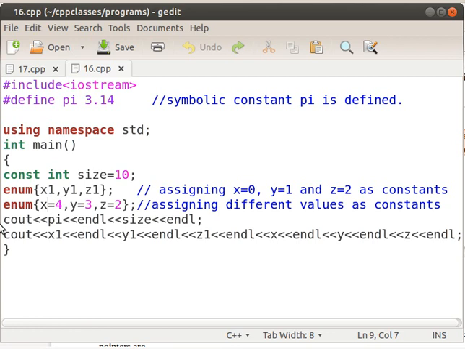Here I have given code to just print the values of pi and size.